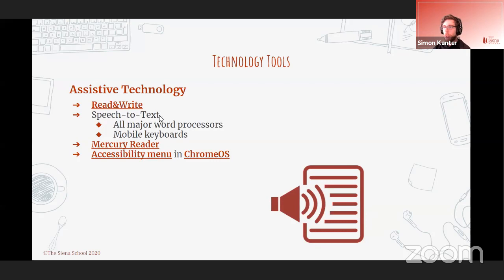I wanted to mention speech to text now. This has rapidly gained popularity as commercial technologies adopt speech to text widely. We have Alexas in our homes now. We have TV remotes we can talk to. All major word processors, including Microsoft Word, Office 365, and Google Docs, have built-in speech to text engines that are